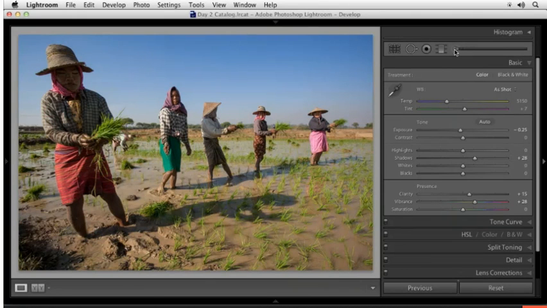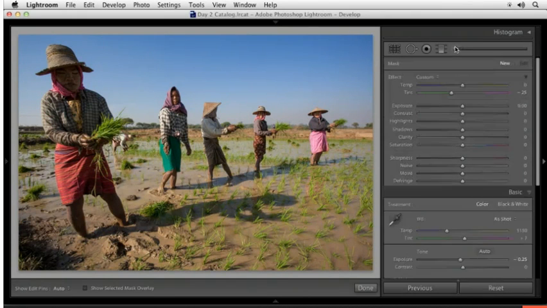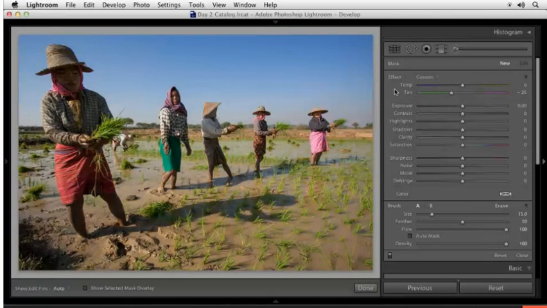So that's when I'm going to switch to the adjustment brush. And with the adjustment brush, it's going to remember whatever I brushed into my image last. It's going to give me the same settings because it's assuming I might